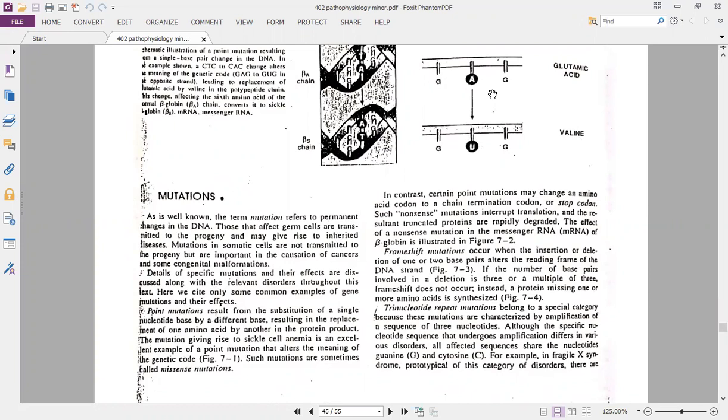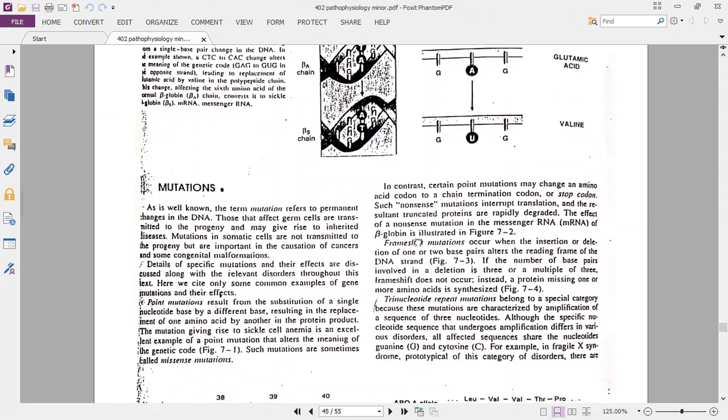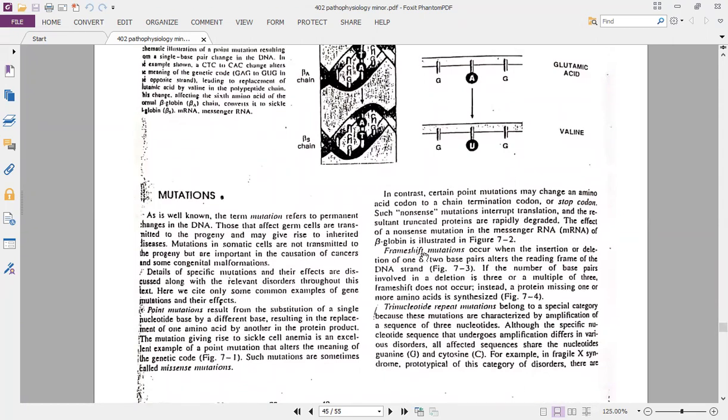At times there are mutations in which the change in the nucleotide sequence does not change an amino acid, and those are called silent mutations. You know that multiple synonyms exist for different amino acids. So if a point mutation occurred, you may still have the same amino acid being incorporated. You can look at the codon dictionary for the synonyms of the amino acids among the 64 codons. Okay, so then there are frame shift mutations.